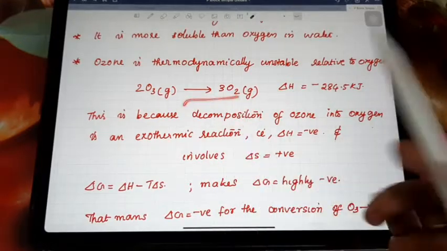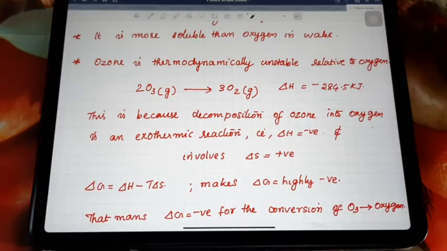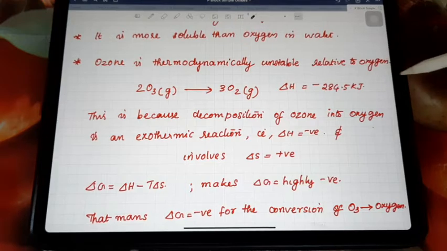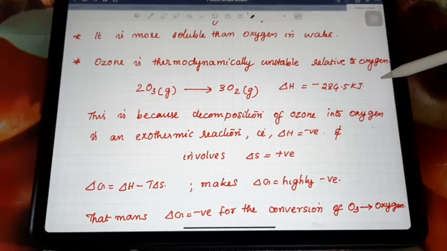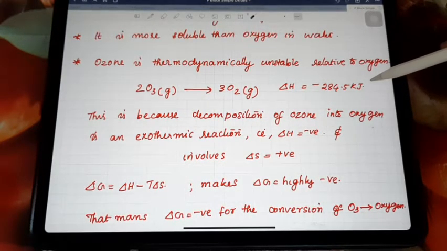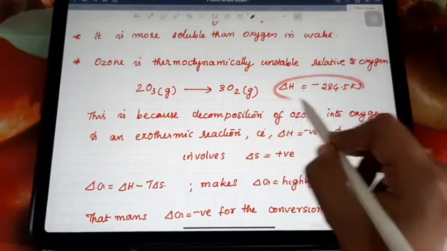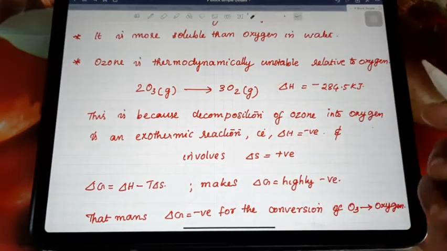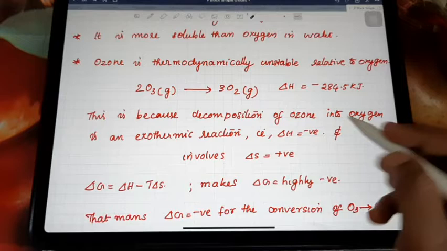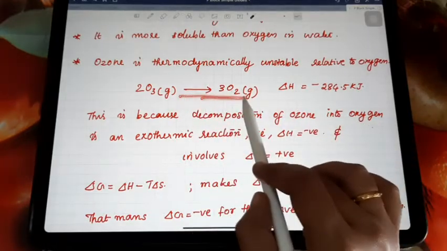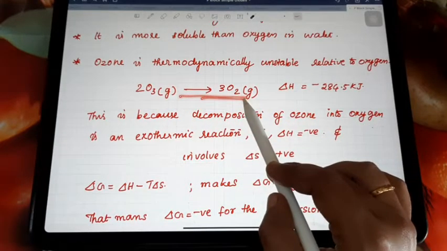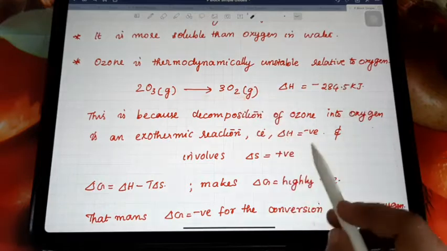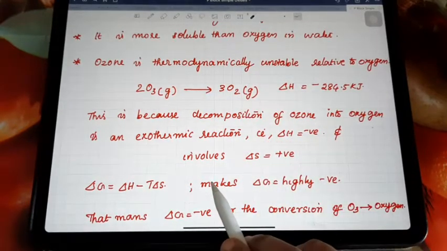That means for this reaction there is no need for any particular amount of energy. With the reaction, it emits some amount of energy out. So when this reaction has a negative delta H, when delta H is negative, it means there is disorder arising here. So when this disorder arises, automatically delta S is positive.